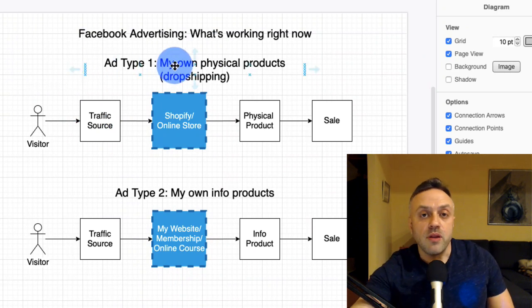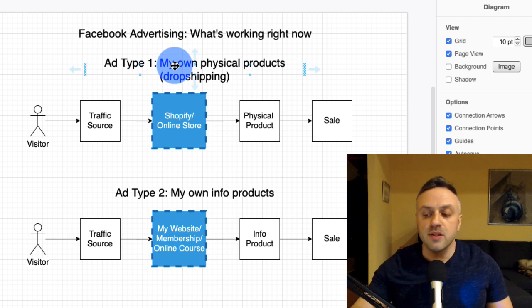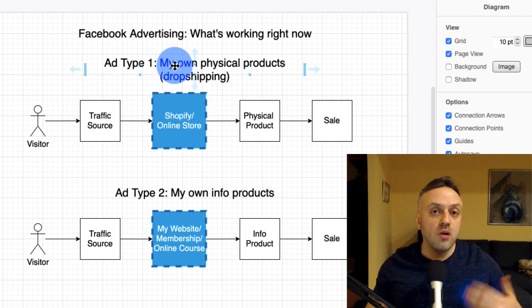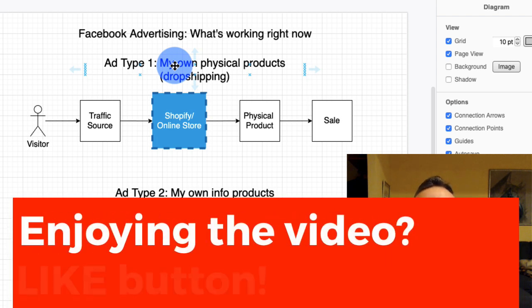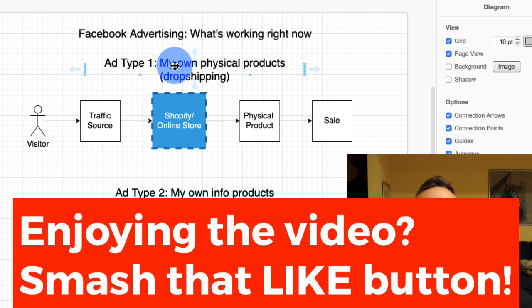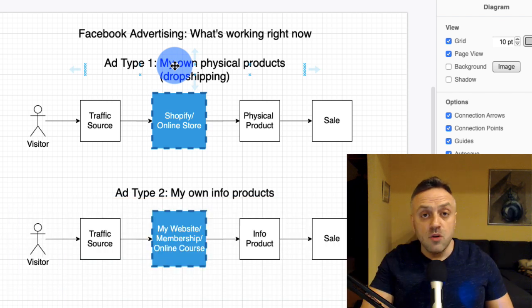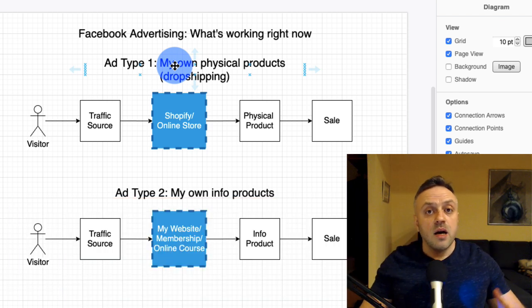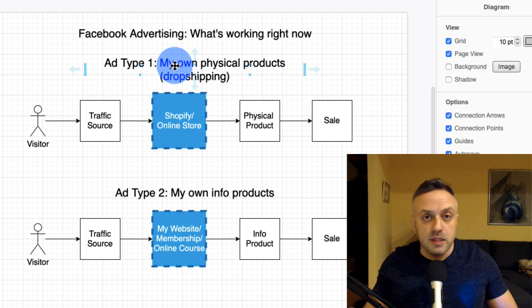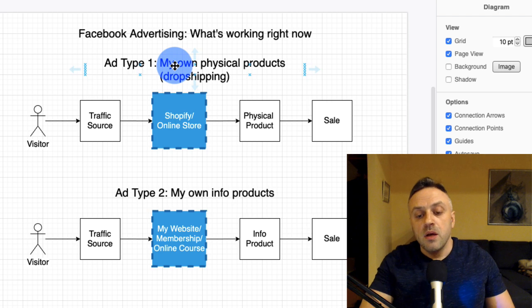So if I go out and I start selling my own sunglasses, and I basically create an online store, I sell my own sunglasses, and I advertise on Facebook, Facebook is not going to have any problems with that at all, because it's my own product. It's a physical product. I can describe it. I have pictures of it. What you see is what you get. There's no gimmicks. There's no games. There's no crazy claims. Buy my sunglasses and you can lose 50 pounds tomorrow. Nothing like that. You buy it. You have it delivered. You use it. It is what it is. That's the first type of offers that Facebook likes.